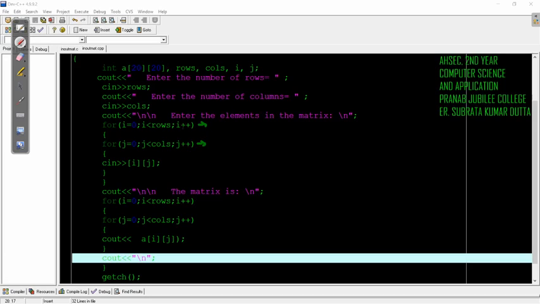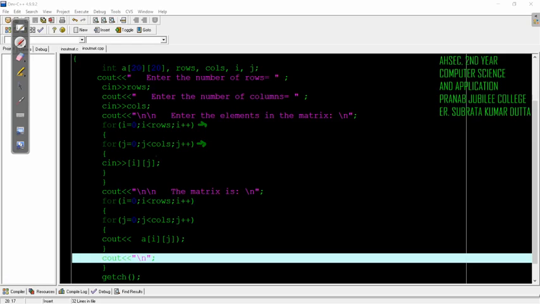Because in a two-dimensional array or in a matrix, if it is represented as m x n, always the first one is represented as rows, right? Always the first is represented as rows and then the second is represented as columns. So that's why the first loop is for rows and the second loop will be for columns inside the rows. Okay, so i indicates the row number and j will indicate the column number.